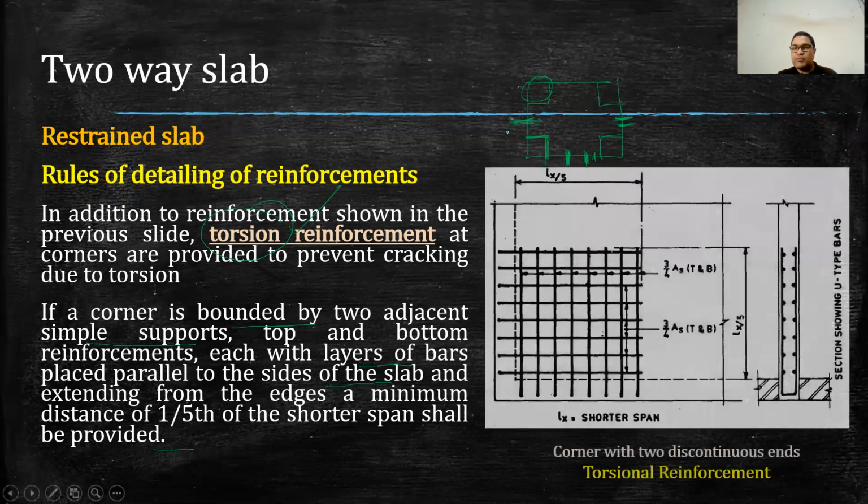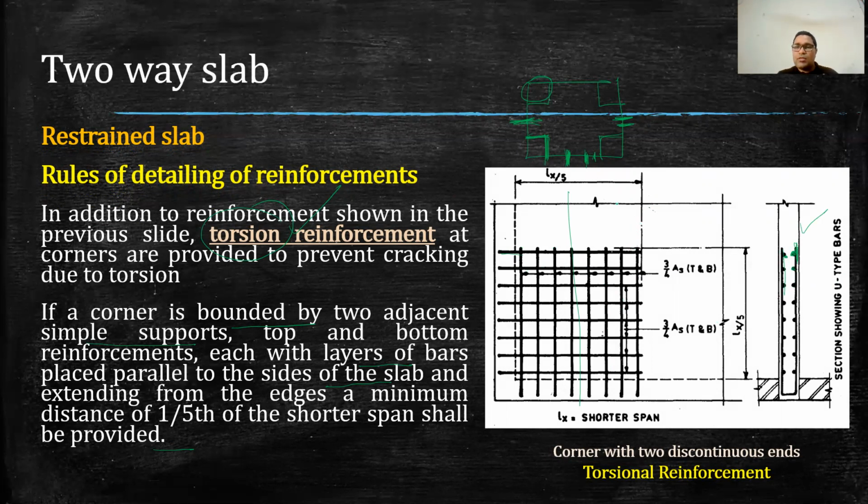Now, what is the detailing of reinforcement? It will look something like this. So in the corner, we will add extra reinforcement like a layer of reinforcement. So there will be four layers, two layers at the bottom and two layers at the top. In the cross section, which is cut like this, you can see one layer, and then in the dots you are looking at, this is the second layer. Similarly at the top also the third layer and this one. So basically a total of four layers are provided at the corner. Now we will provide full reinforcement at the corner which is contained with two discontinuous edges. So that is the first case.